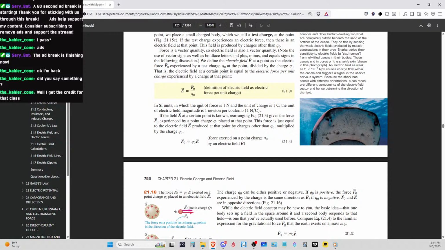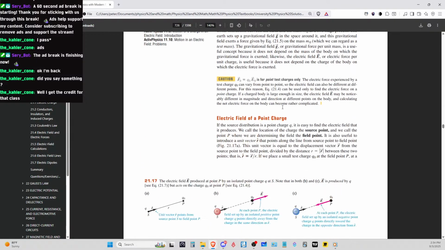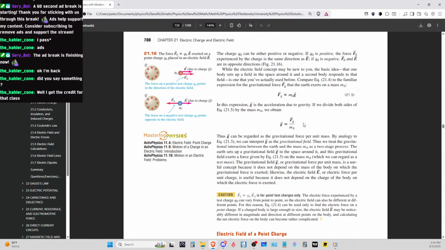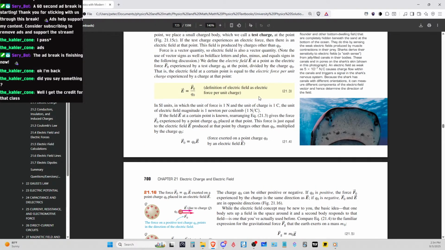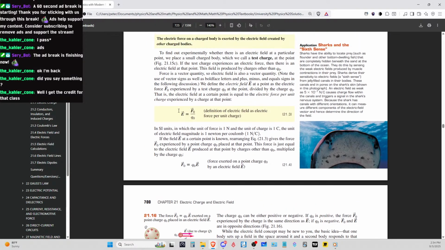Okay, so we got a new equation. An electric field. Force. Let's see. Force of gravity. We got a mass and then the acceleration. So I guess we have to think of the electric field as, instead of F equals ma, for the force of gravity you would think of it as mass times g, right? So for this one, you would think of it as Q naught times the electric field, which is